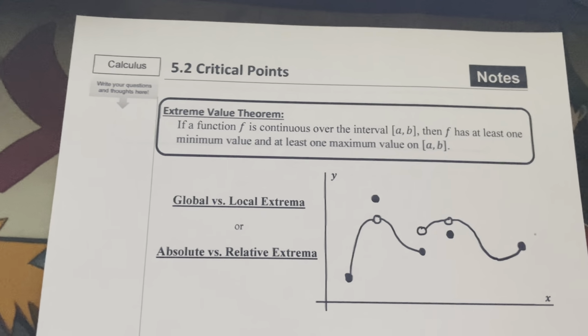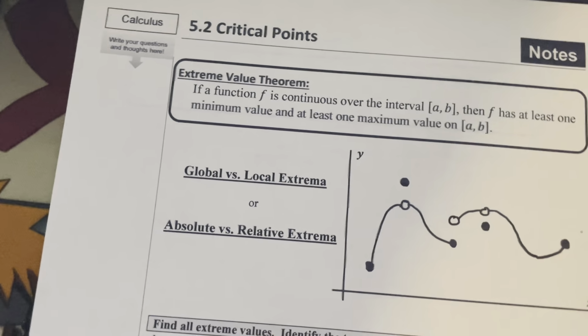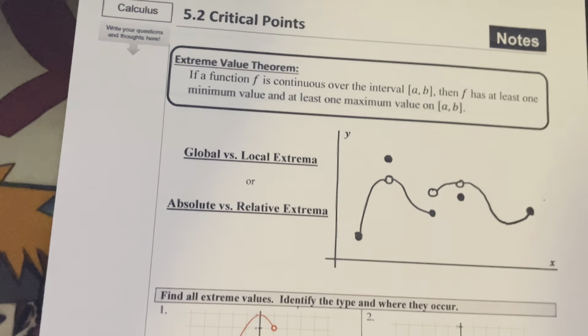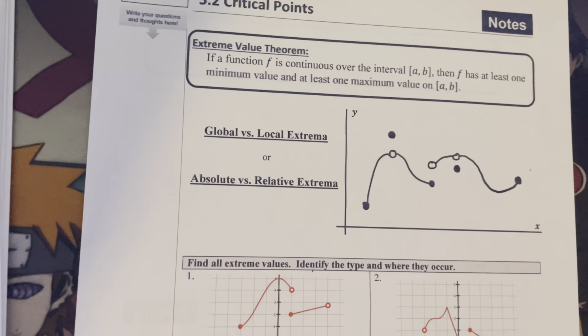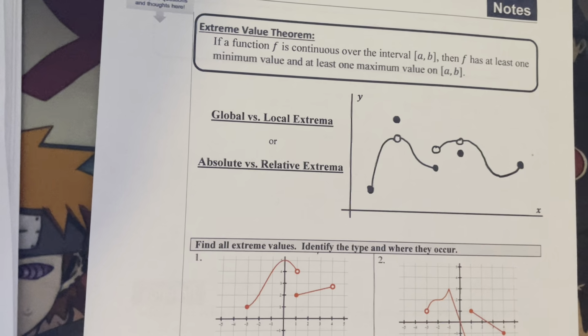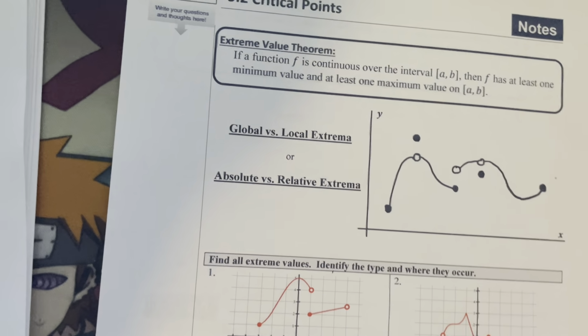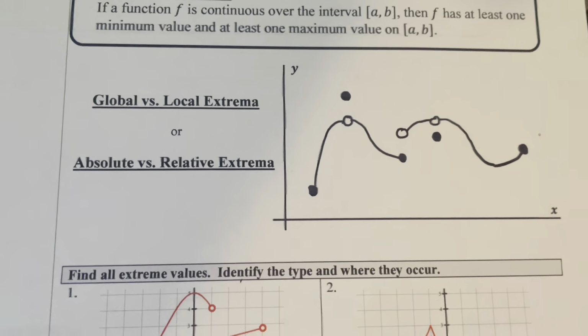The 5.2 critical points. Extreme value theorem. If a function f is continuous over the interval a to b, then f has at least one minimum value and at least one maximum value on a to b. So right here,